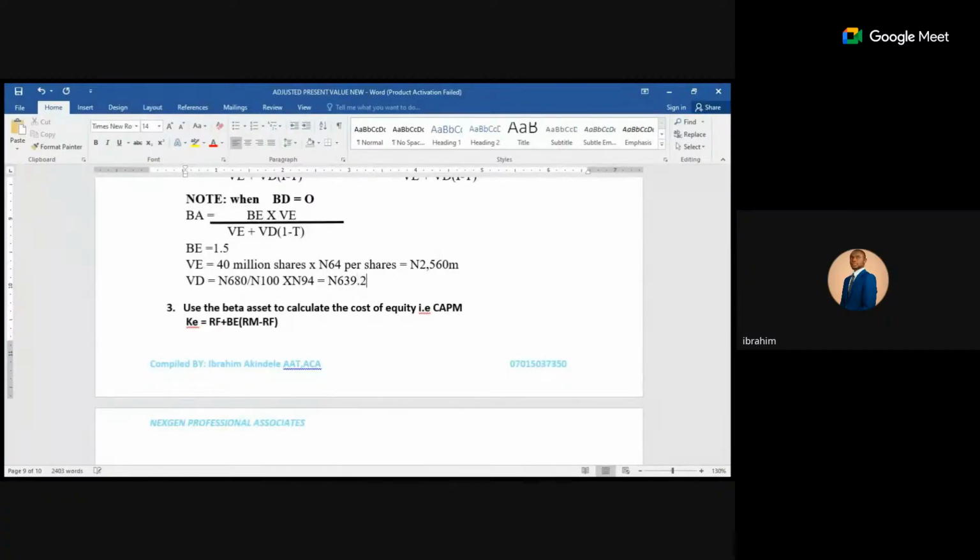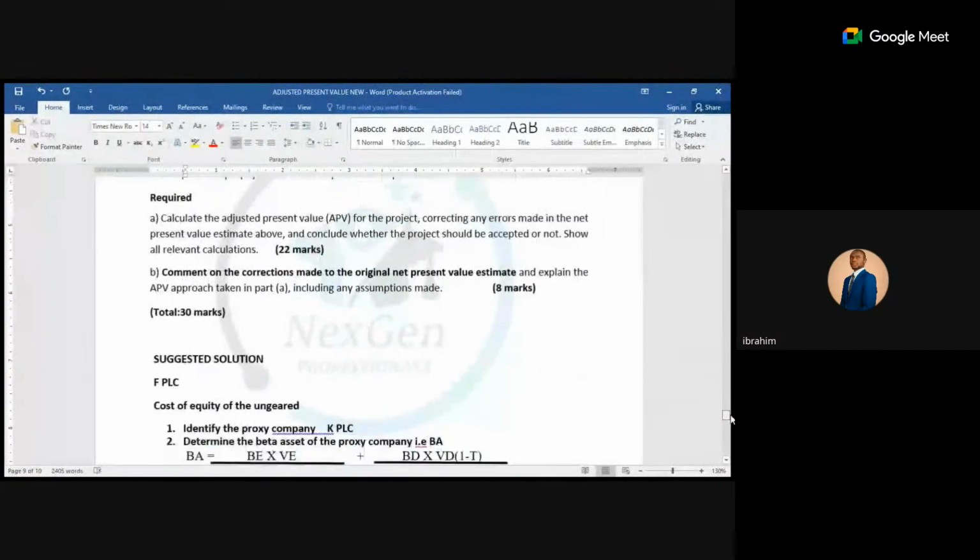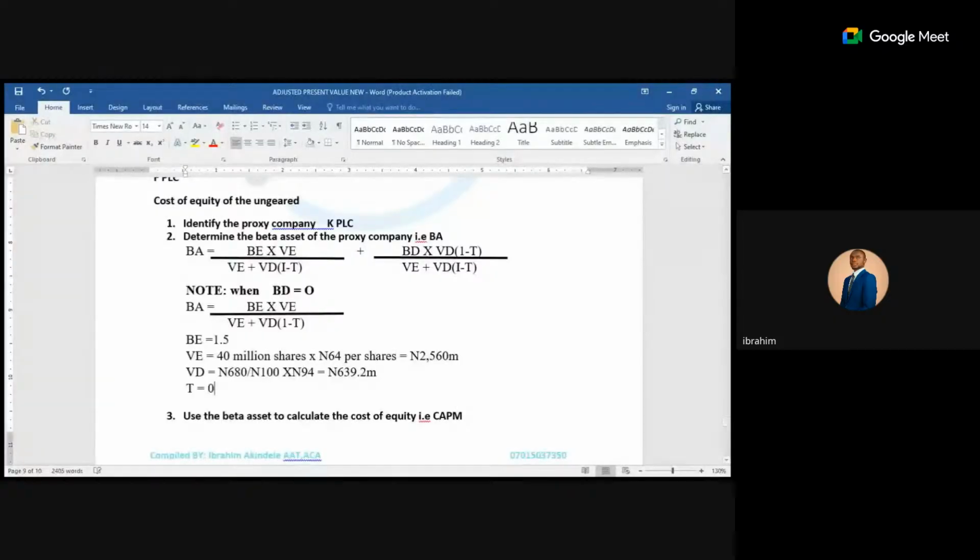So they use the same tax. What is the tax rate of the company? 20%, or 0.2. So therefore, we can have